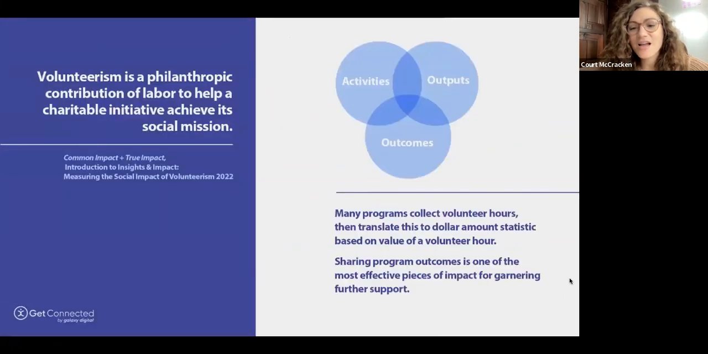So this is, I just had a blast. I was spending some time on the Points of Light website, and really loved, there was some really great information on there about how to discern what your program impact really is. And I absolutely loved it. So there was a joint presentation by Common Impact and True Impact, and they did just an introduction into insights